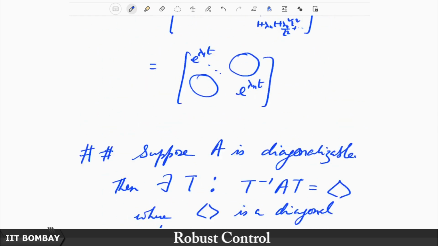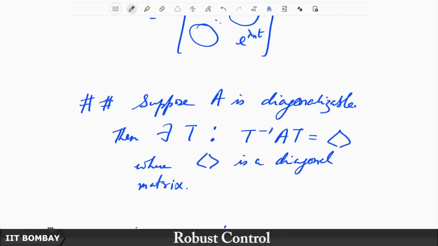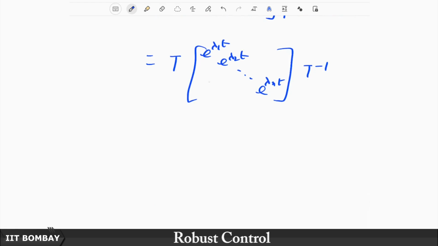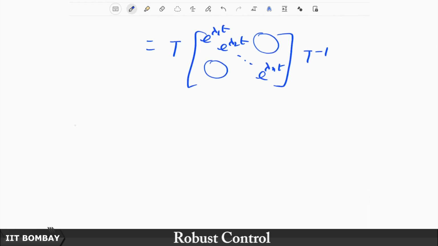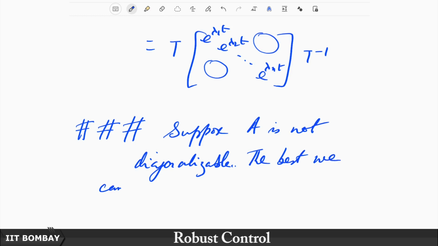So, we have seen if a matrix is already diagonal, it is a straightforward case. Even if it is not diagonal, but it is at least diagonalizable, even then there is an easy way to handle this matrix exponential and evaluate it. Now, suppose that the matrix is neither diagonal nor diagonalizable. Suppose A is not diagonalizable, then what is the best we can do? The best we can do is to get it down to its